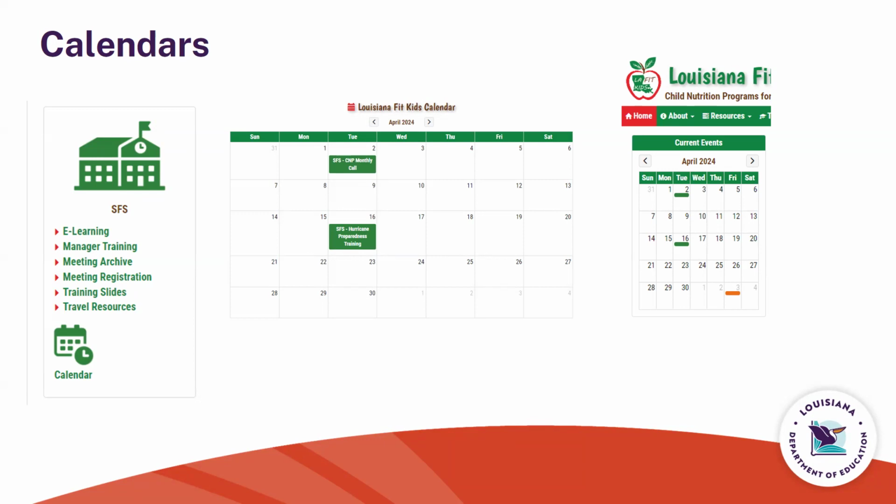So on this screenshot, you would see on April 2nd, there's a green. If you would click on that green, it would show today's monthly call, and you could actually register for it from there. And then the same thing for the 16th. And then on the 3rd, there's a different color, which means it's usually a general notation. If it's orange, it's usually just a general notation.